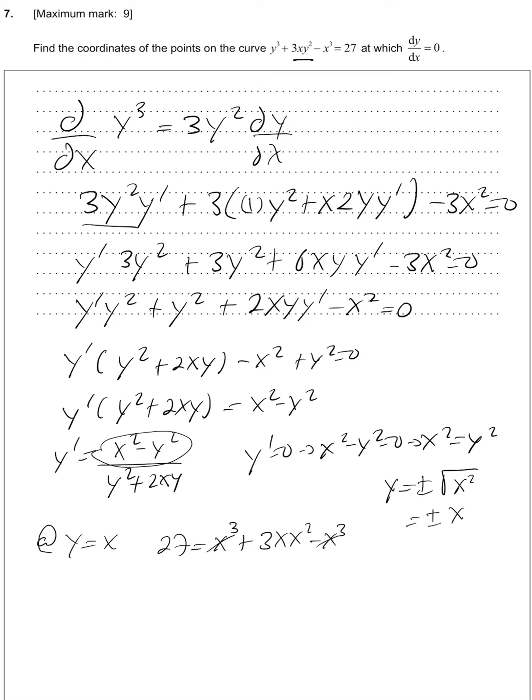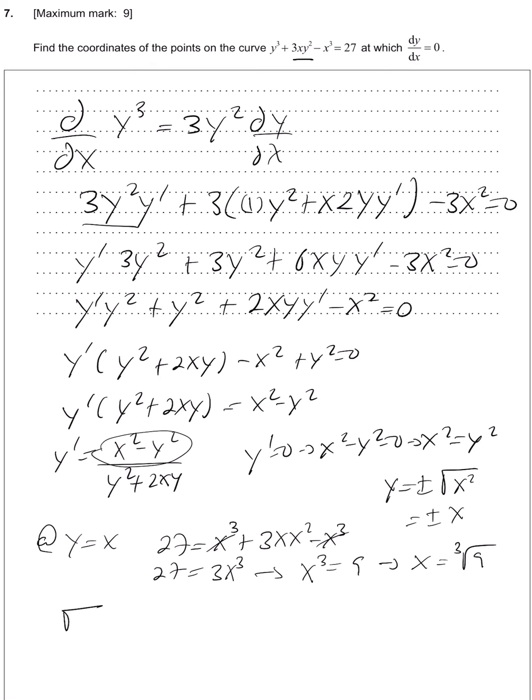Well, these two cancel out. 3x cubed is 27. X cubed equals 27 divided by 3, which is 9. So x is equal to the cube root, careful, of 9. I don't entirely know what it is, but I do know that when x is equal to the cube root of 9, y is also equal to the cube root of 9, because y equals x. So yes, these are some of the coordinates. And y equals